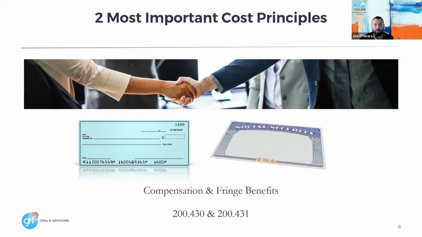Virtually every federal award includes compensation: you're paying salary costs and being reimbursed by the federal government for it. Especially when we're considering the indirect rate, all of your general and administrative salary costs and fringe benefits, if you have a NICRA, will be flowing into the indirect cost rate. And the costs that are in your indirect rate must be allowable under 2 CFR 200 subpart E.